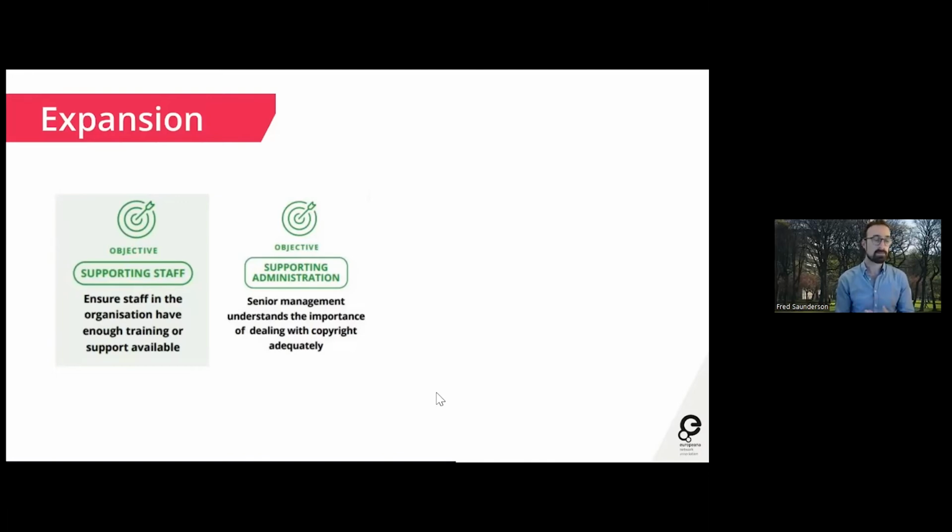All of that requires investment, so we need our senior management, our senior leaders, to understand the role and importance of copyright in all of the activities of cultural heritage organizations. So getting them on board, getting them on side, getting them informed is fundamental. And it's a different angle from simply practical information about copyright in a training sense. It's really about getting them to grasp the importance and getting them to question, in every project, is copyright being resourced? Am I putting enough resource into copyright? So again, we have recommendations on how you can reach that objective.